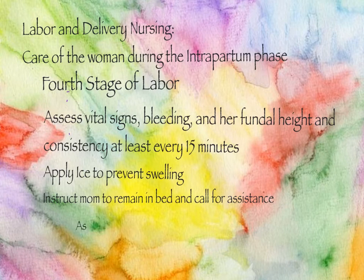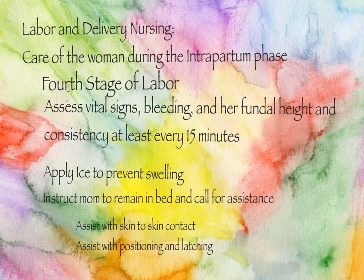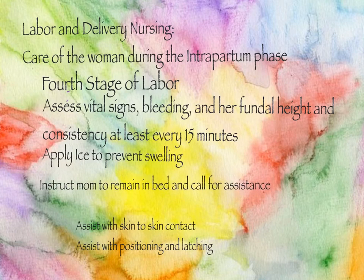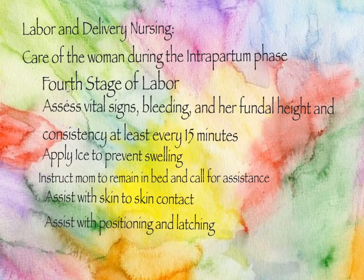You're also going to assist with skin to skin if you haven't done that already. And you're going to assist with positioning and latching the baby that's breastfeeding. Now, this is a great time to do a lot of education with mom, but be careful that you don't overload her. You're going to learn in postpartum, which is, I believe, Unit 11, all about these different phases that